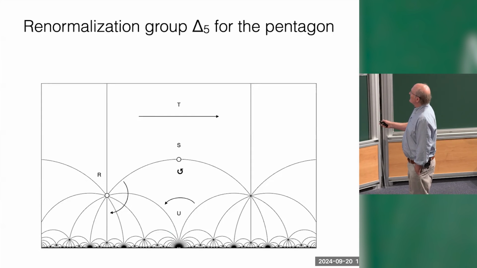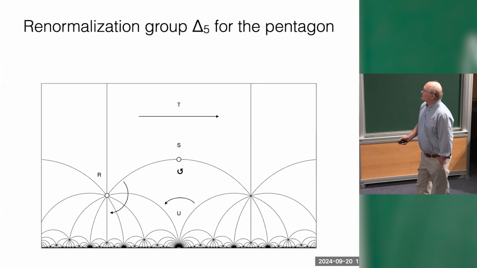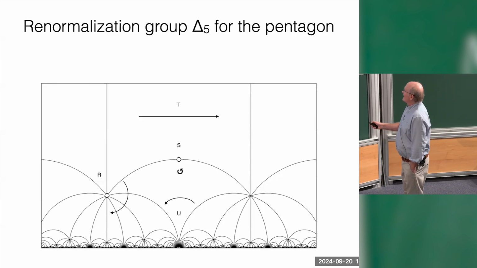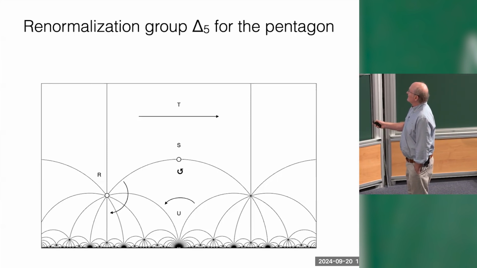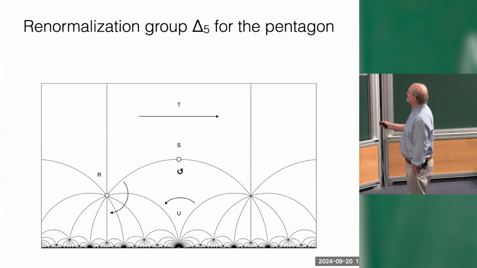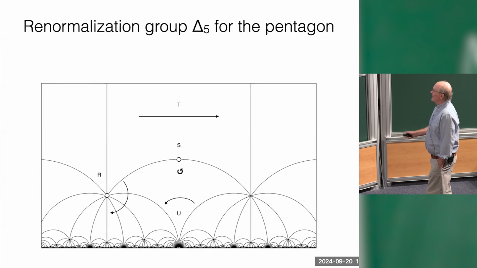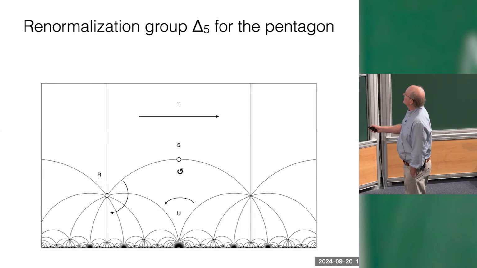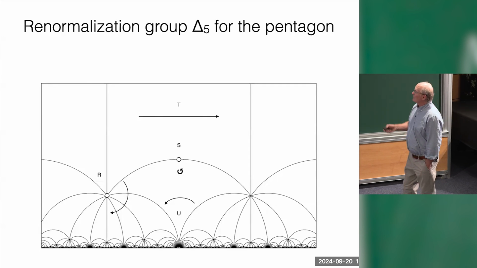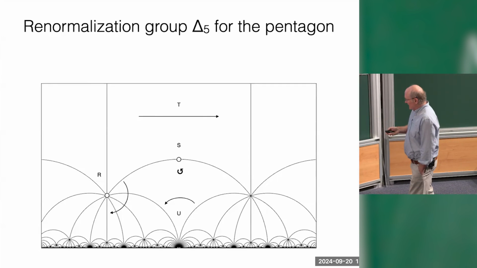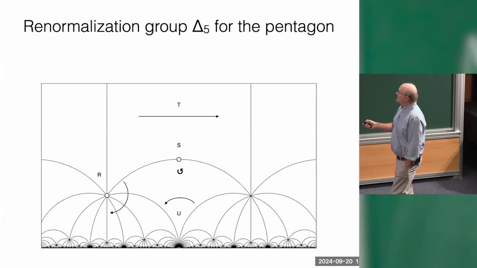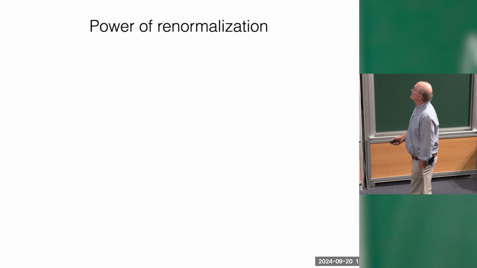There's a fundamental domain which looks a little bit like the fundamental domain for SL2Z. And in fact, this element that fixes i that you know from SL2Z, that's in the group. But here there's a point where the stabilizer has order 5. That's this R here. So this is called the 2, 5, infinity triangle group because the quotient Riemann surface is an orbifold with signature 2, 5, infinity. We'll draw a picture in a moment. So anyway, this is a very concrete group. We can write down the matrices for it.